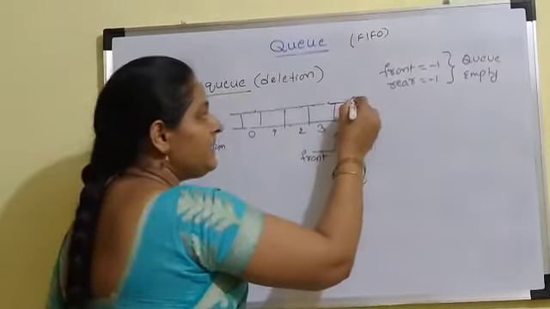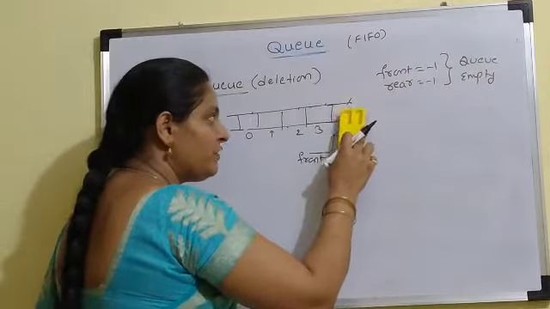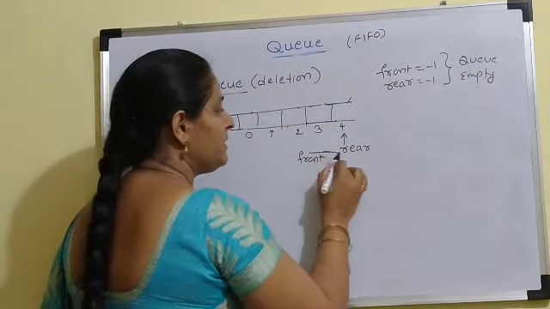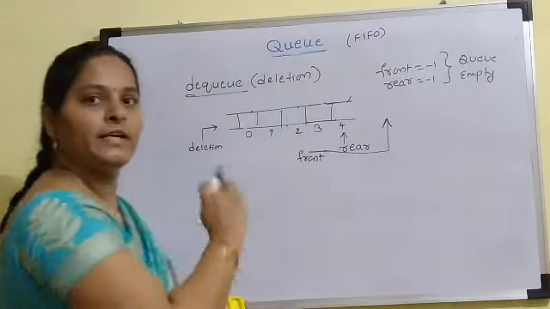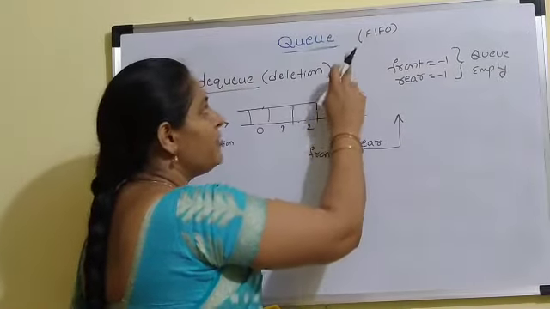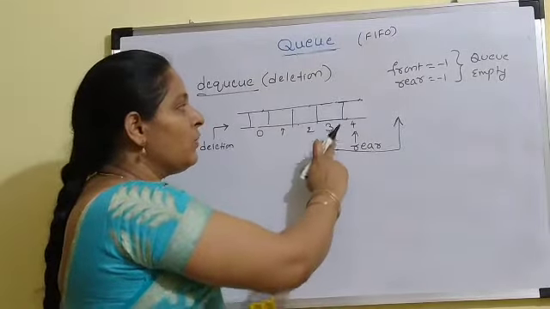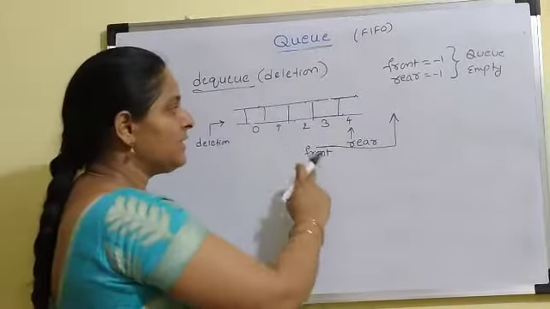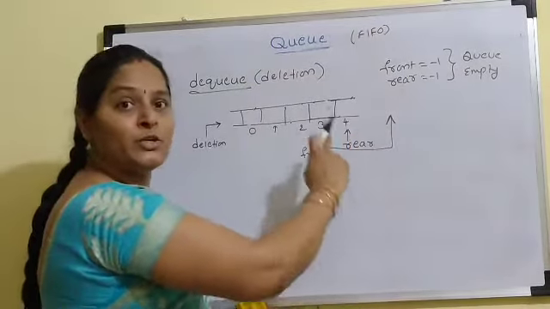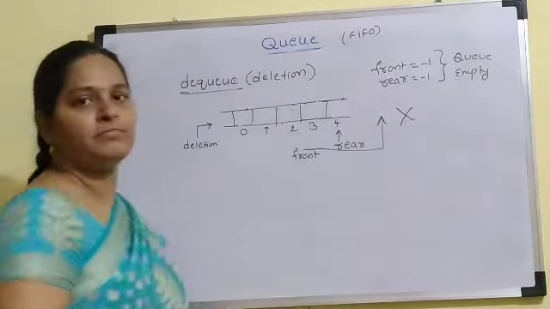Now if you try to delete 50 also from the memory, what we need to do? First remove 50, then increment the front pointer by 1. If you increment the front pointer by 1, automatically it goes out of the size, because our queue size is only 5 elements. That means the index starts from 0 to 4. Whenever you remove the fifth element, automatically the queue becomes empty. So if you increment the front pointer by 1, it goes out of bounds. So that indicates that the queue is empty.